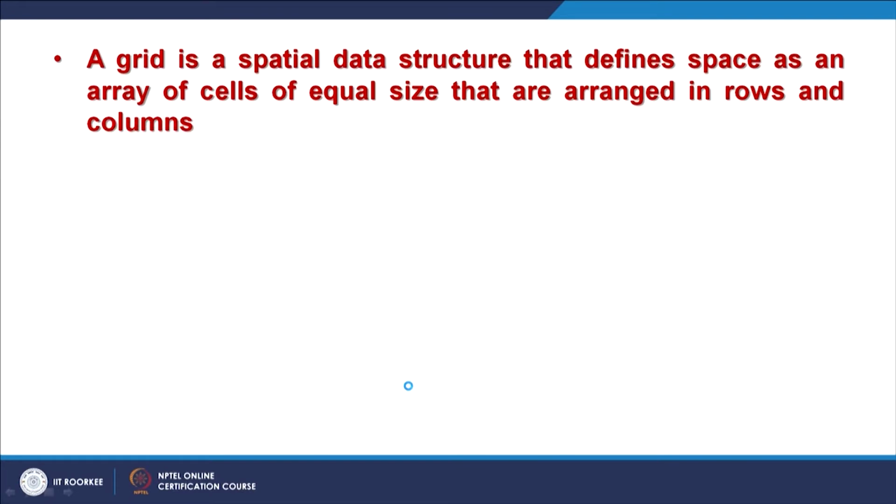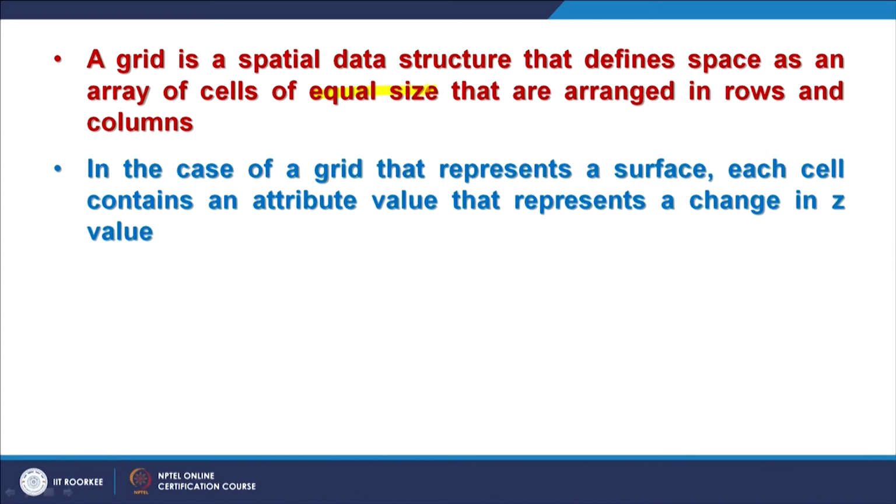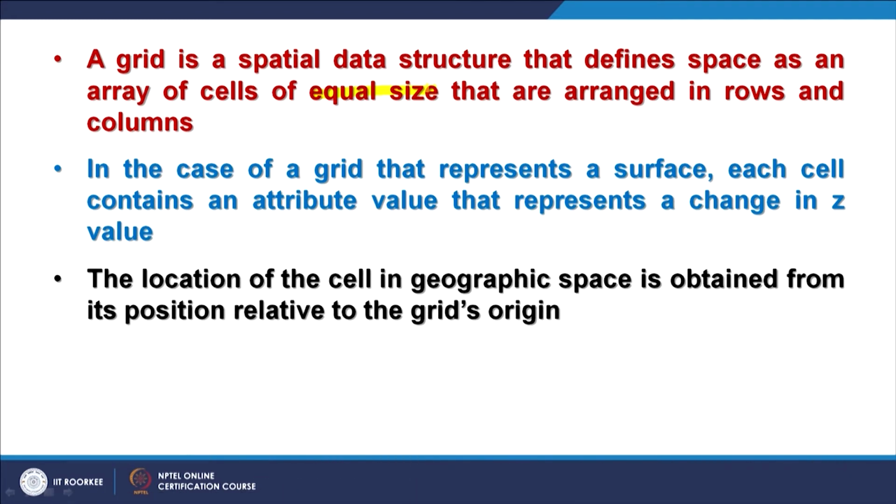Now in raster, as you know, the grid is the spatial data structure which is part of raster, and defines space as an array of cells of equal size and square shape, arranged in rows and columns. In case of grid representation, each cell contains a single attribute value, and generally in a typical digital elevation model that is the Z value, whereas we can also have some other properties.